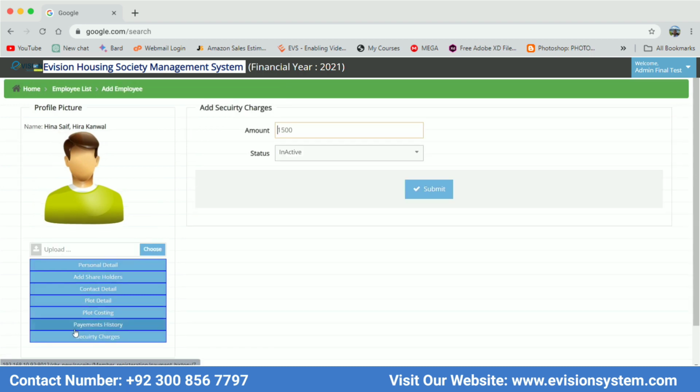Lastly, we have the Security Charges tab. Upon clicking, we'll see 2 fields, one for entering the amount of security charges and the other for selecting the status. We'll enter the amount and